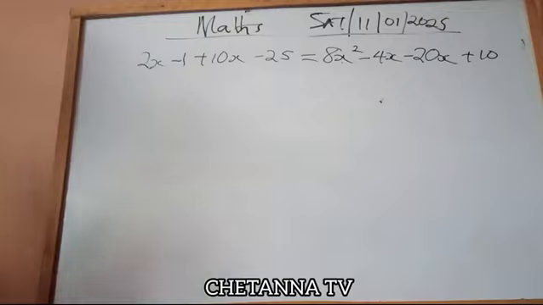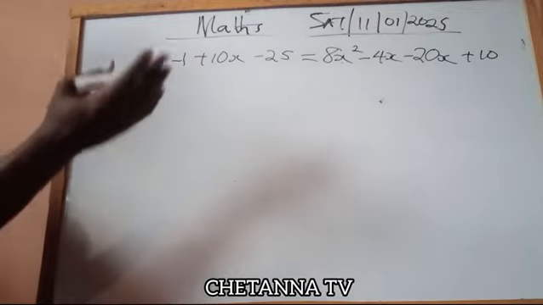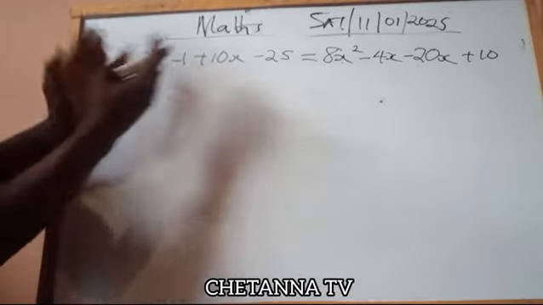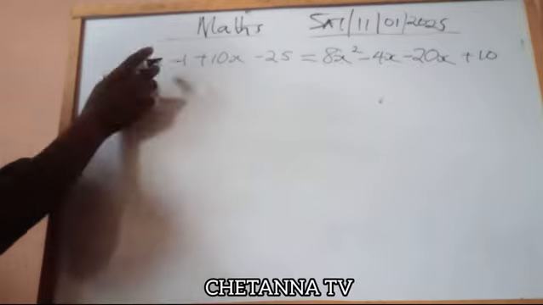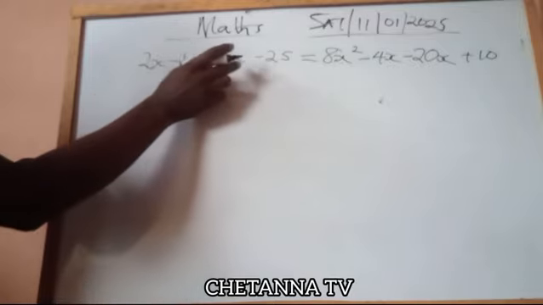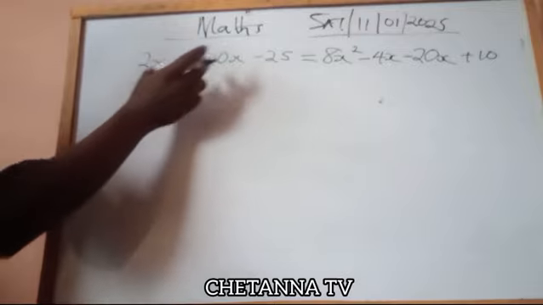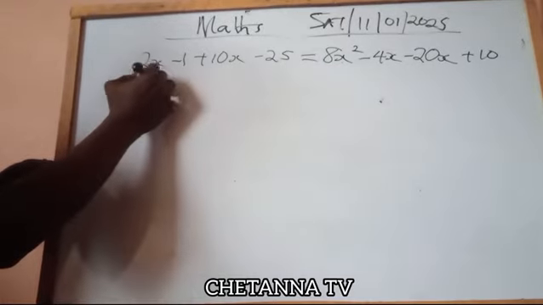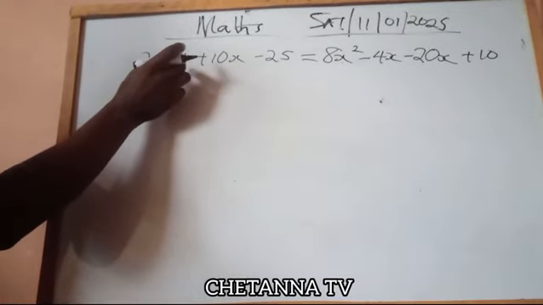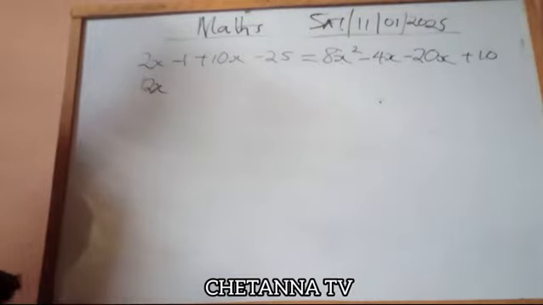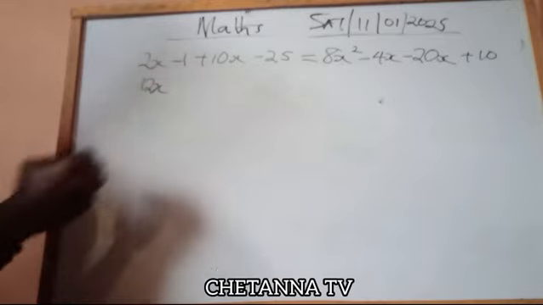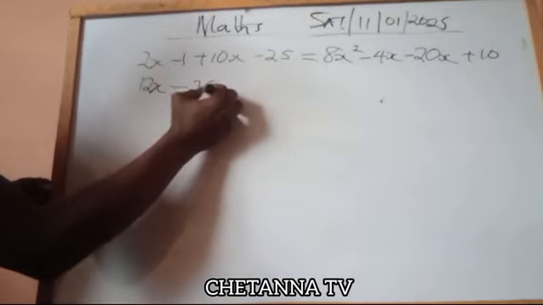So let us now solve this thing. Let's put this in order. Put that side in order, then collect like terms. Here is what? 10x plus 2x plus 10x is what? 12x. 12x. Good. Minus 1 minus 25 is what? Minus 26. Good. Minus 26 is equal to